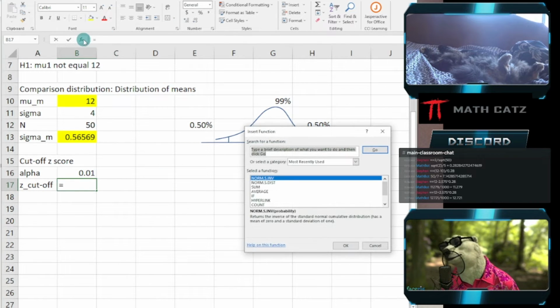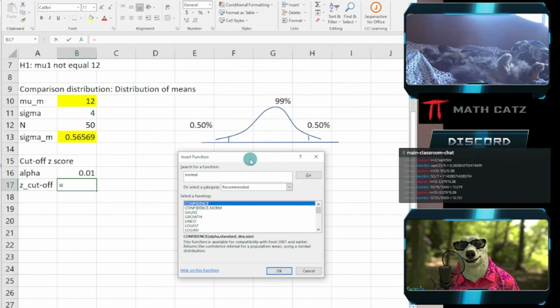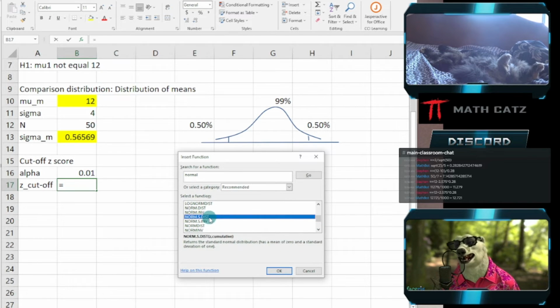So we have seen this before, but it's a more, I guess, complicated function, a bigger function. So maybe I don't remember. I'll search for normal. Maybe I haven't used it yet, so it doesn't show up in my list of recently used functions. I want the standard normal, the z-scores. So that's where this .s comes in. And I have two options. The norm.s.dist returns the standard normal distribution, the probability or percentages,